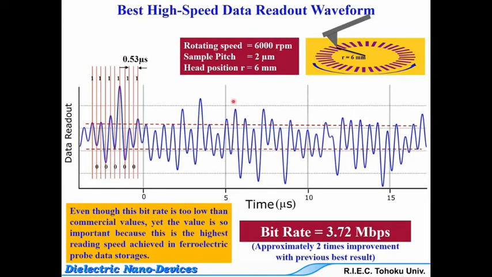And we read such a domain pattern with a pitch of 2 micrometers and obtained this result. So the corresponding positive and negative signals were clearly reproduced. And the corresponding bit rate of this reading is